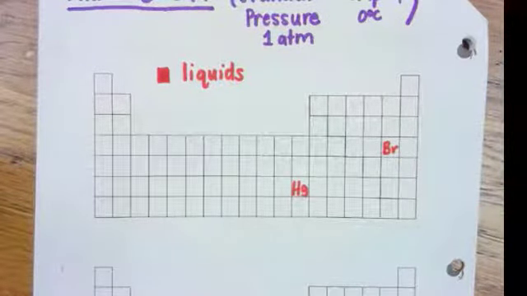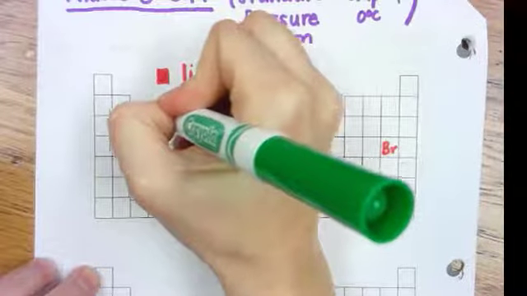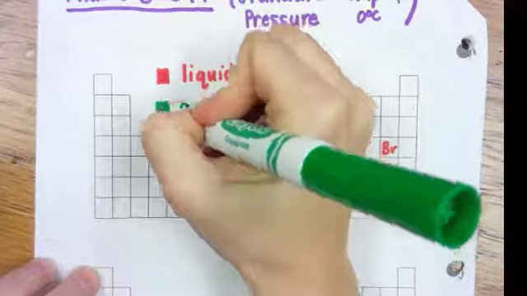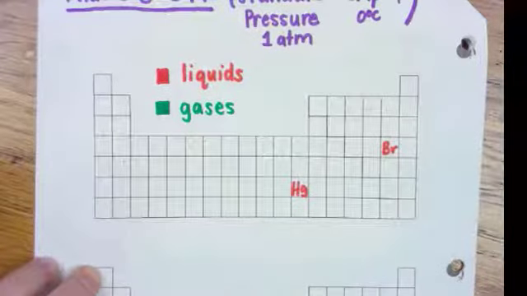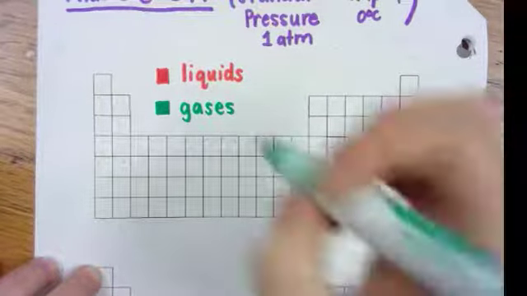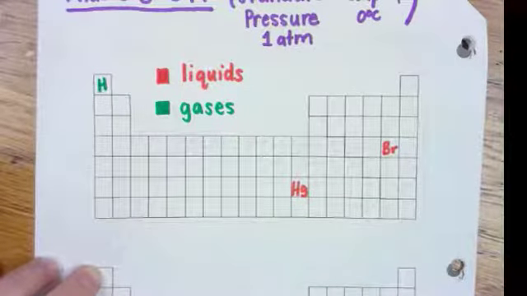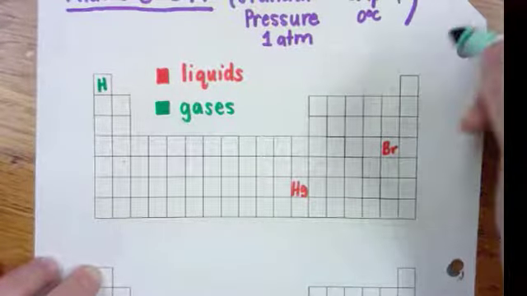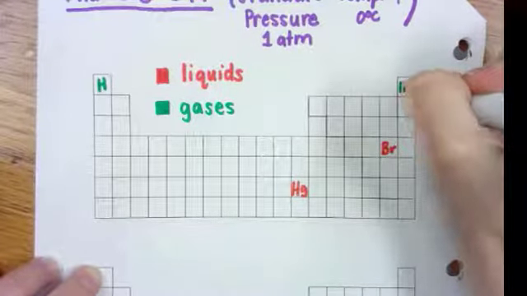Next, let's mark which ones are gases. On the periodic table on the wall, green letters stand for gases. Look at the periodic table on the wall and decide which elements we need to fill in. Hydrogen is first. Then we have all of the noble gases: helium, neon,